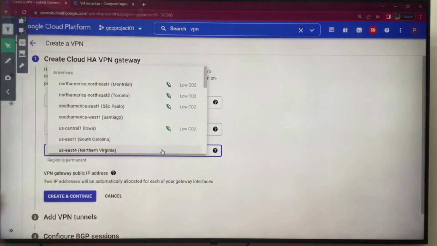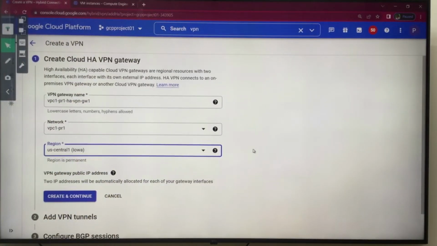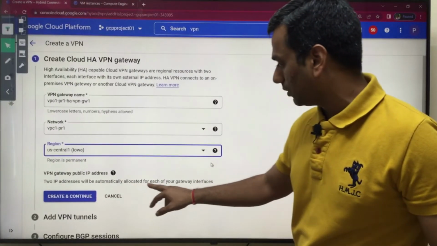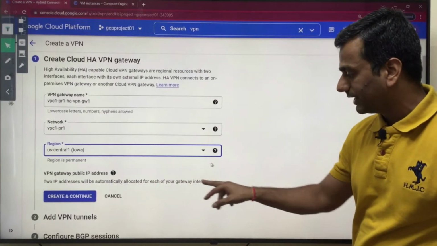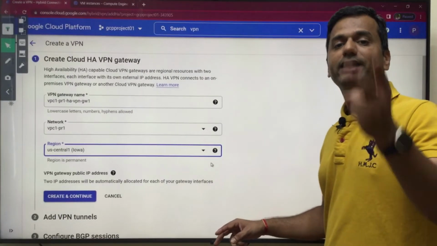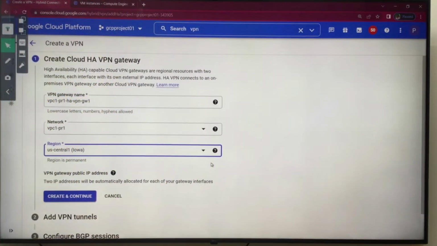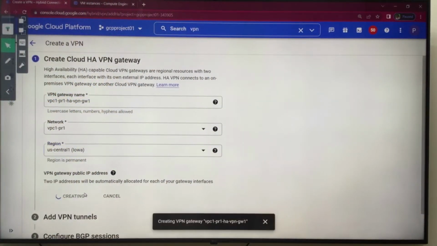Let me select the region US Central 1. As soon as you select US Central 1, see guys over here, 2 IP addresses are automatically allocated, one for each of your gateway interfaces. How many interfaces will you get? 2 interfaces. Okay. Create and continue. Clear? Perfect.